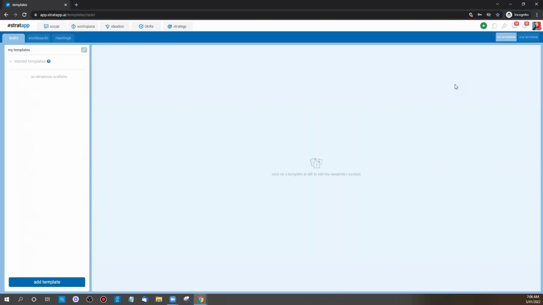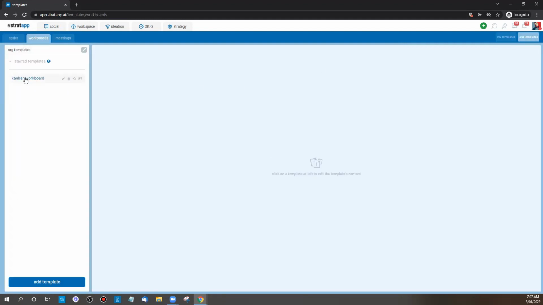And if you go to Manage Templates, you'll see there's three types of templates you can create, and you've got My Templates and Org-wide templates. So the Org-wide templates are if you're a super admin or an admin user of stratapp. And if I then take you to the Workboard templates, and I'll go to the Org ones, and you'll see